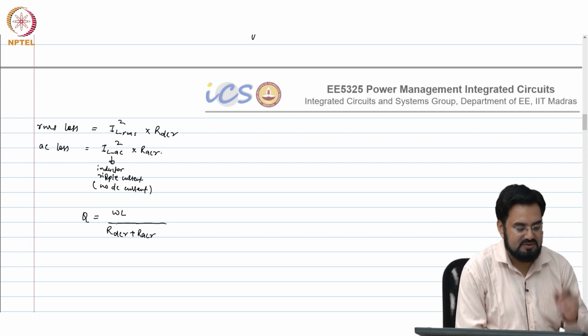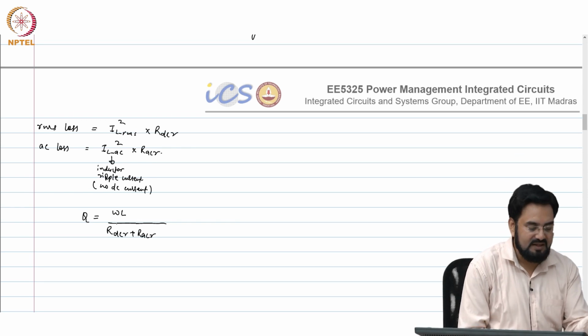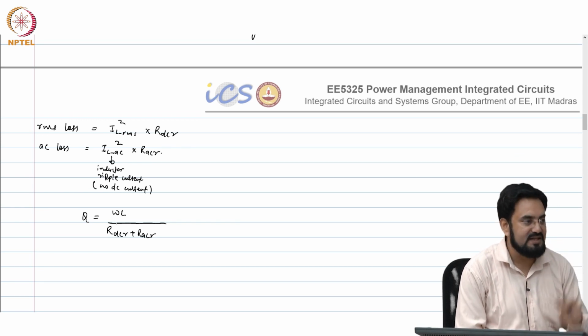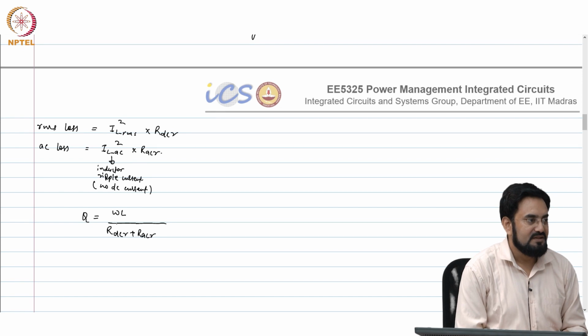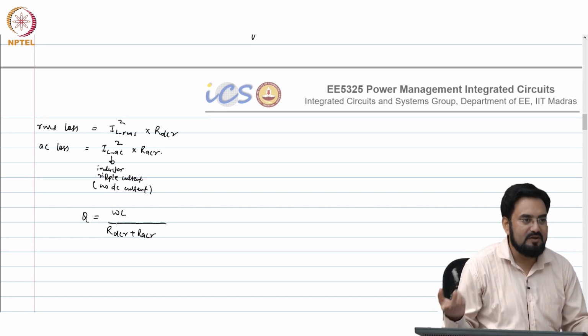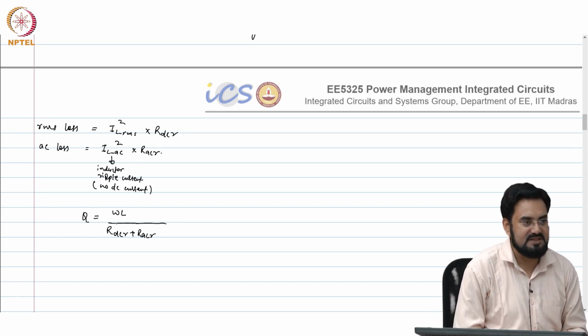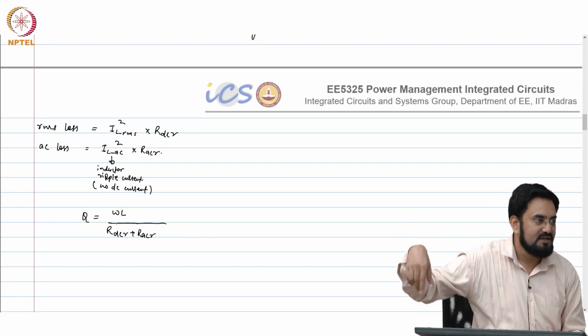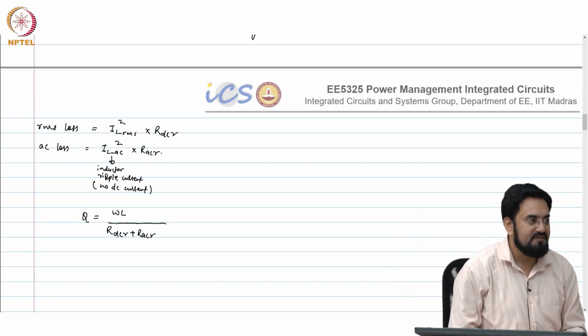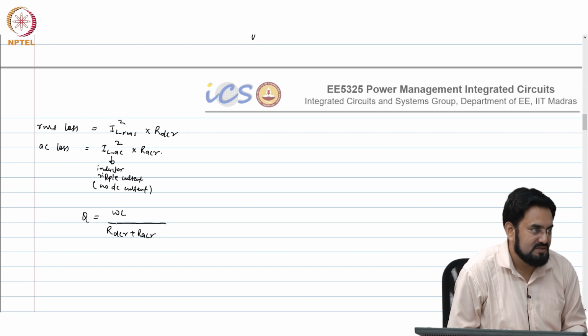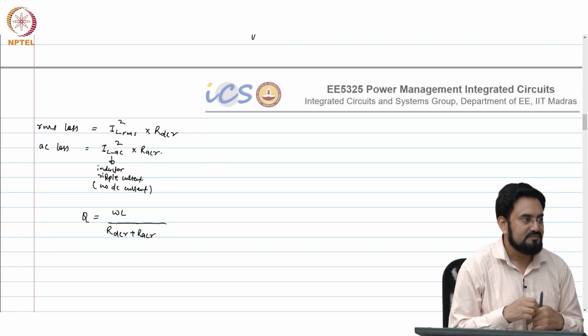RACR. So, let us say you are using an inductor which has a very negligible RDCR, but if your RACR is very high, then choosing the inductor with a very low DCR may not help much in that case, because you know there are ripples in the current and which may contribute to these core losses more, and it will kill your efficiency.